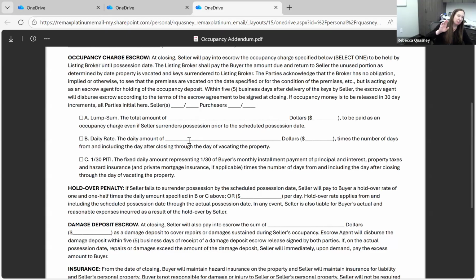Just a quick question. Have either of you ever seen an occupancy addendum where they don't have a time, and it ended up being 10:30, 11, 11:30 at night when they're trying to vacate the property and turn in keys? I have never seen that. Yeah, it's been an interesting one where my sellers were like, yeah, we'll be out by 8. And then it's 9 o'clock and they're still not fully out. And I have to break the bad news. Like, yeah, they're going to be out before midnight, but